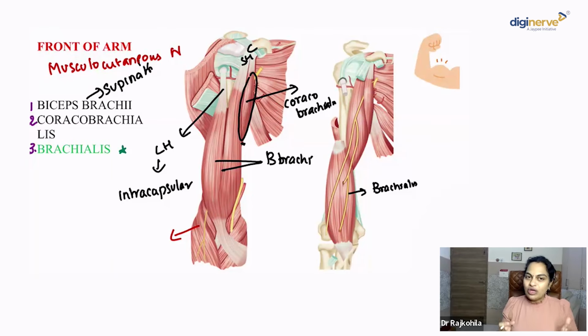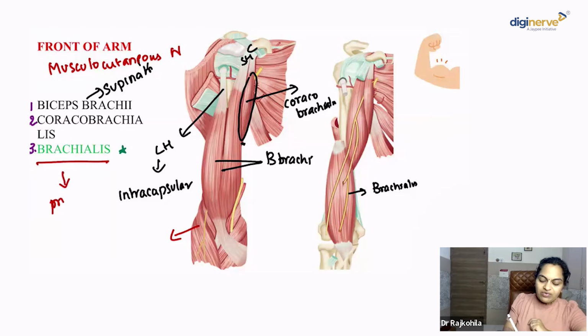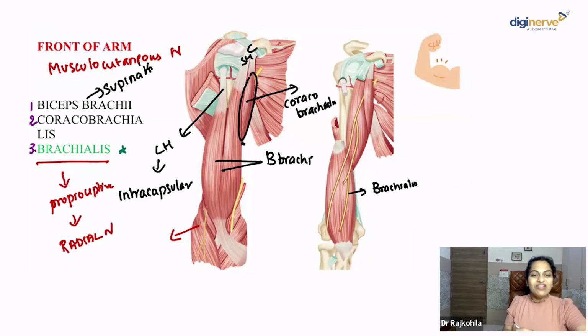So, if there's an injury to the musculocutaneous nerve, what will the patient present with? Difficulty to flex the elbow and loss of sensation along the lateral part of the forearm. Another important point is that the brachialis muscle has dual nerve supply. The motor fibers are innervated by the musculocutaneous nerve. Proprioceptive fibers receive innervation from the radial nerve. Hence, we call it a hybrid muscle with dual nerve supply.